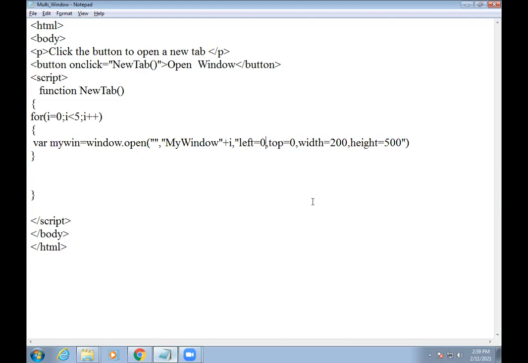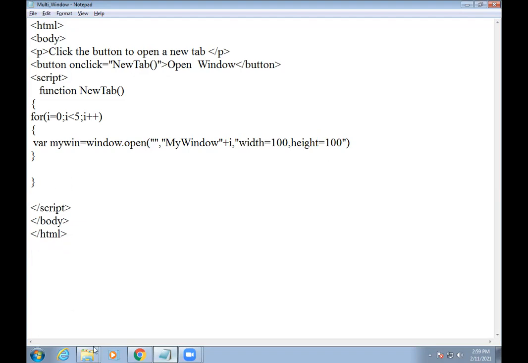Left is 0 and top is also 0. I mention the width value as 100 and the height also 100. You can see what we get from this. I will change two parameters here first, and we will save them after running this code.